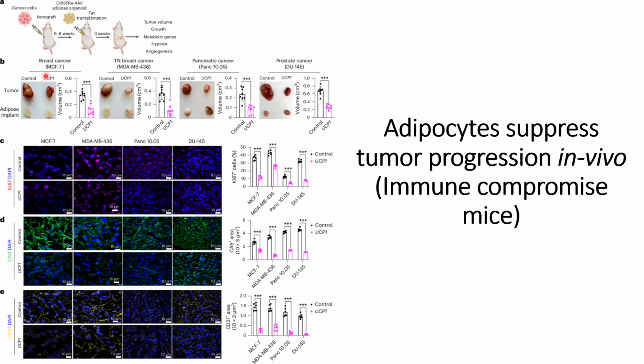And this is for the breast cancer MCF7 xenograft cancer cells. And when we quantify this breast cancer MCF7 tumor volumes, we can see that when they use the UCP1, the decrease in the tumor volume is much